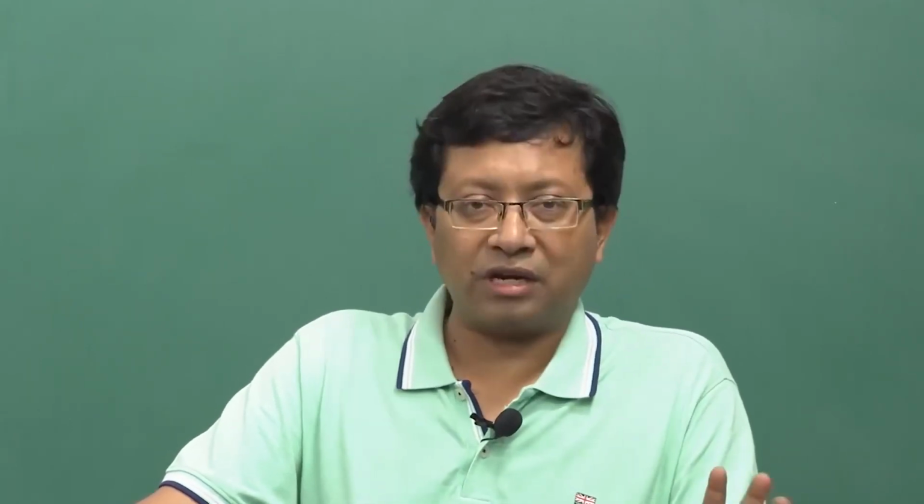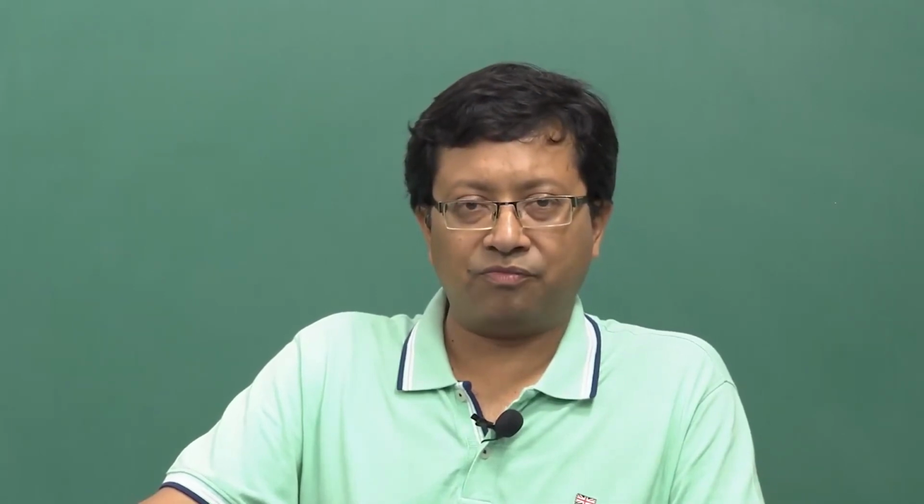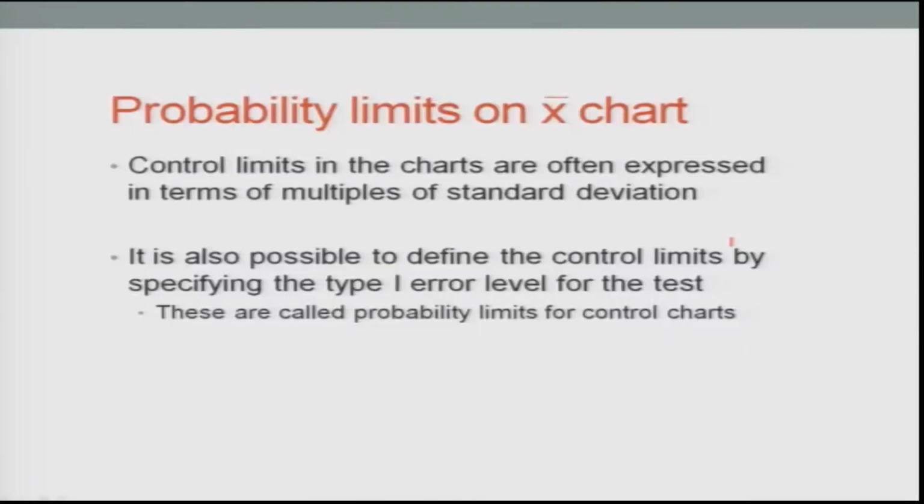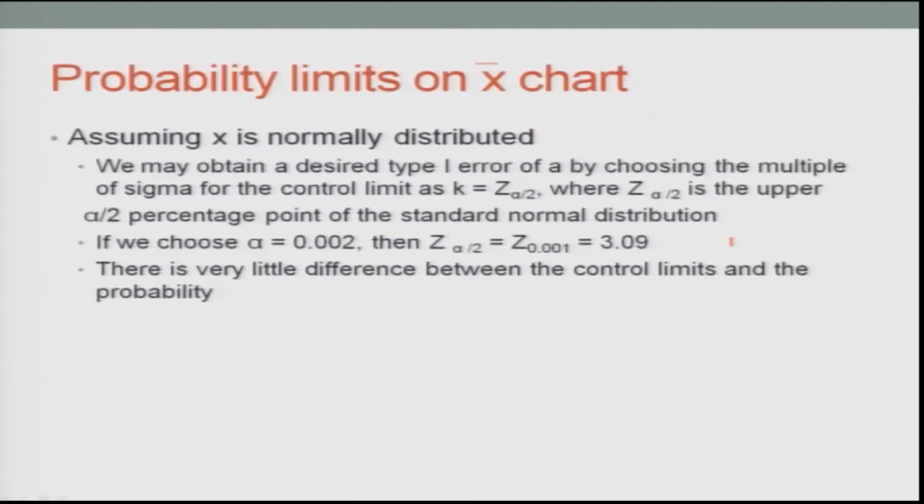So, it is also possible to define the alpha and beta values. These are called the probability limits for the control charts, which we will continue and study as we proceed with the course. So, now considering x is normally distributed, we may obtain a desired level of type 1 error by choosing the multiple of sigmas of the control values. Now, if we consider z as alpha suffix alpha by 2, it means that the value of the dispersion which we have,